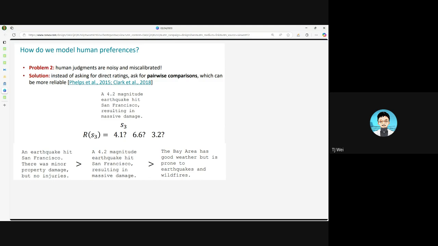So instead of asking for a direct rating, the solution is to ask for pairwise comparison. We just give them a few options of generated text and ask people which one is better. We're not asking them for the score of each paragraph, but simply ask them to give an order of the best, the second, and the third. And this will eliminate the individual differences, and it is more consistent because